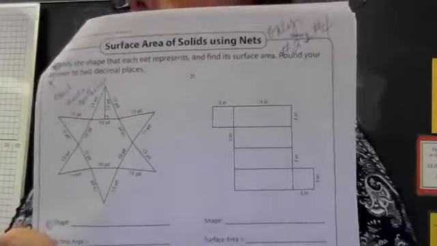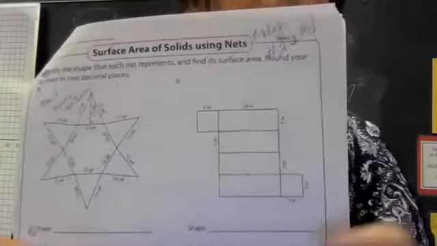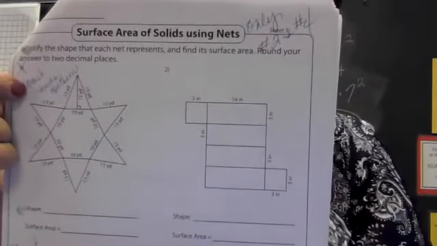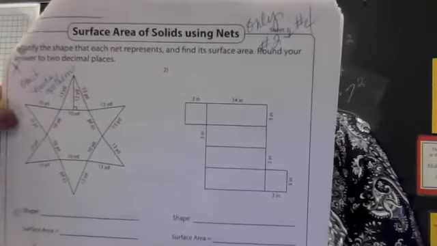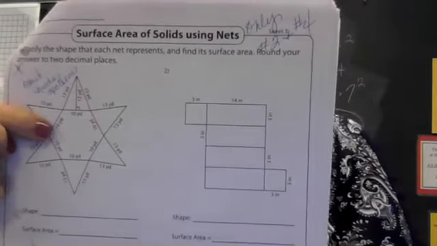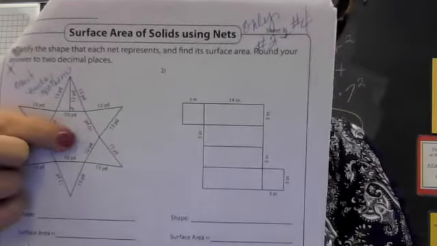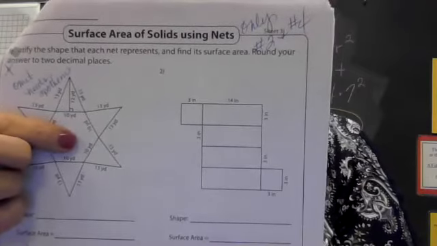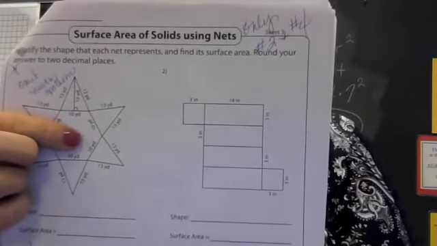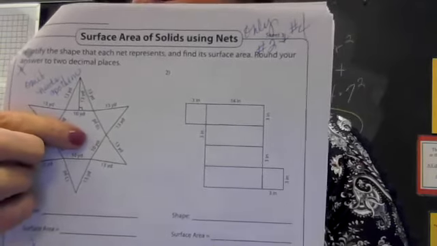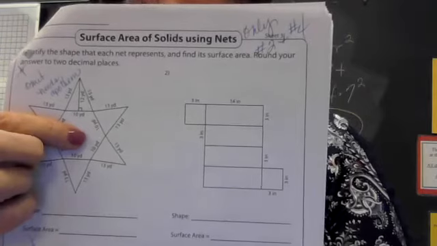On this one, you need to omit number 1, because as I worked through there, you need to find the apothem of this hexagon. You're not going to have to know about the apothem for the test. So omit number 1, the star,